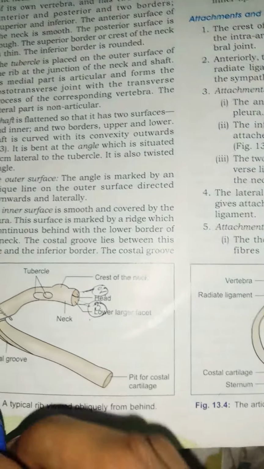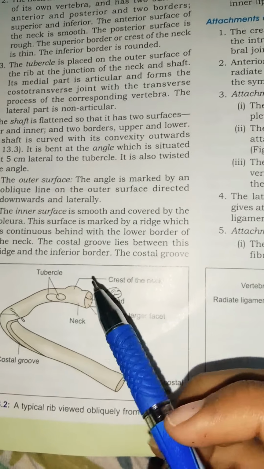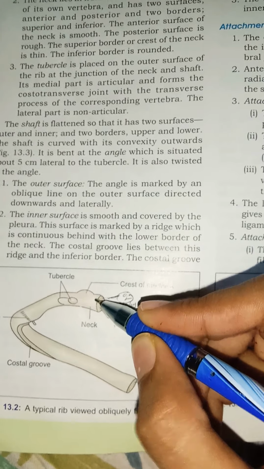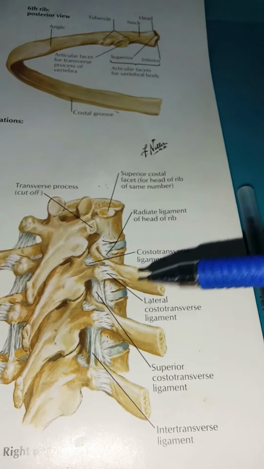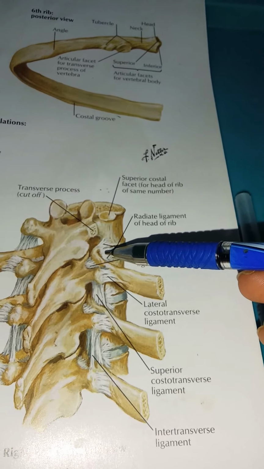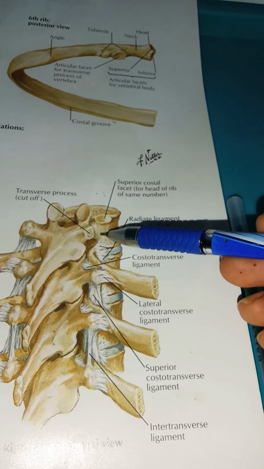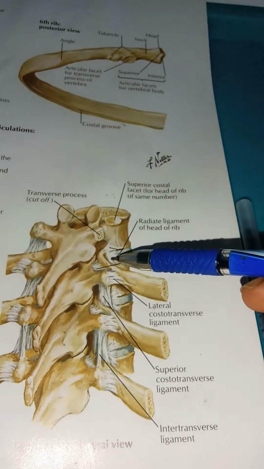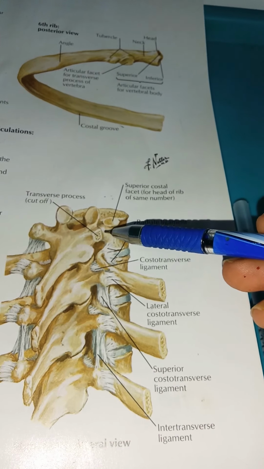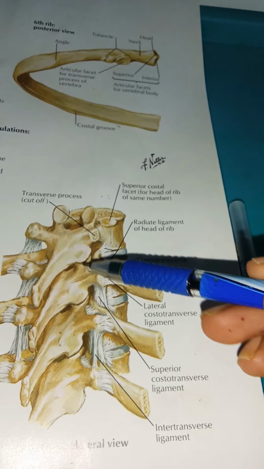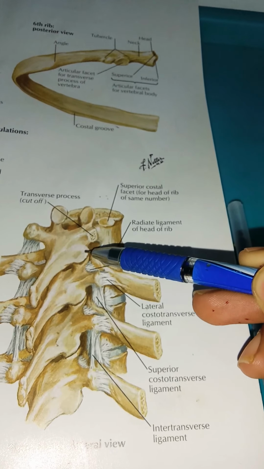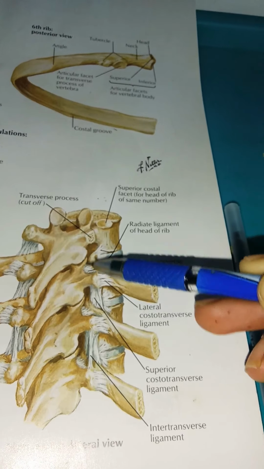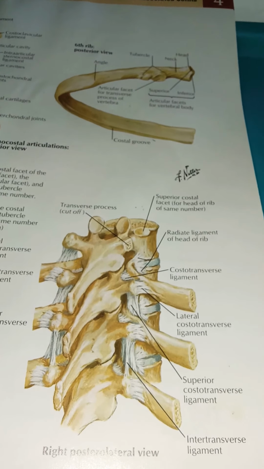And next, the neck is in front of the transverse process. Actually, in articulation, here you can see, this is the posterior end of our vertebra. You can see it is getting articulated with the posterior end of the rib, and it is getting articulated with this vertebra. And you can see this is the transverse process side. So just anterior to the transverse process only, this rib gets articulated.